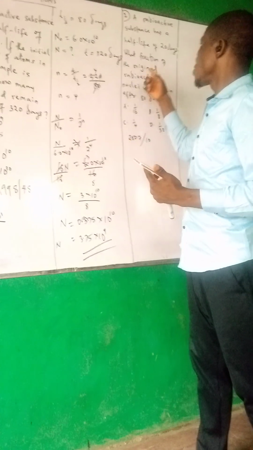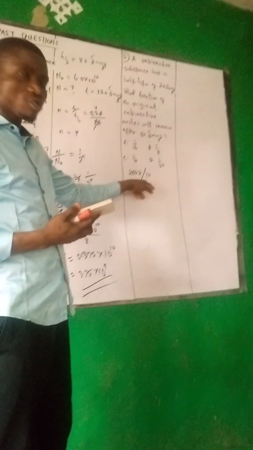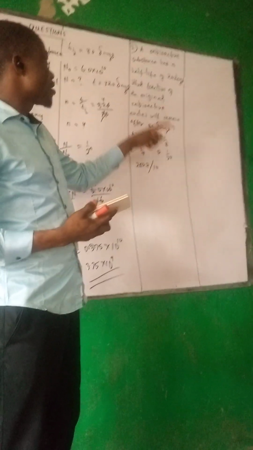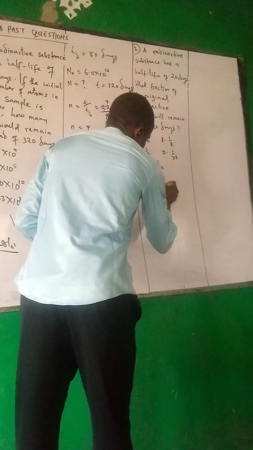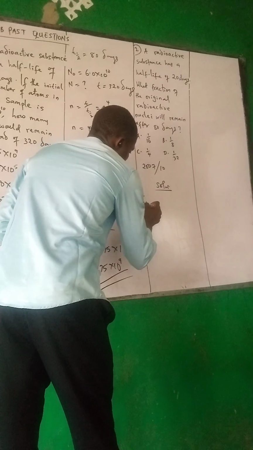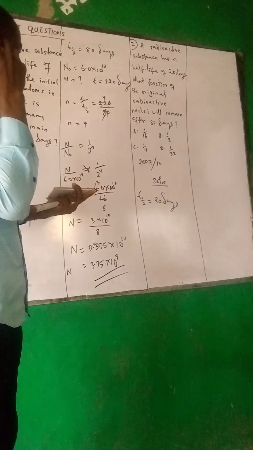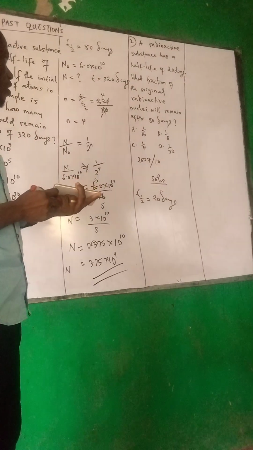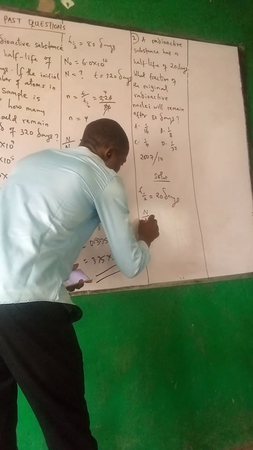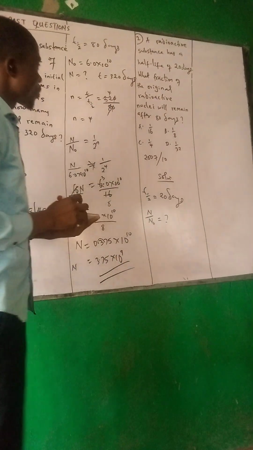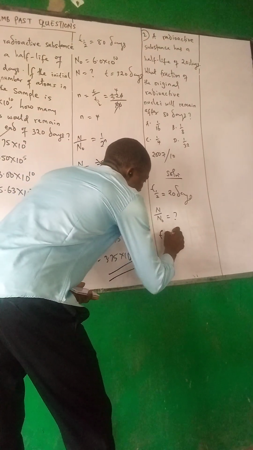Okay, this is the second question for us here, taken from the year 2007, question number 10. It says the radioactive substance has a half-life of 20 days. So, solution. Half-life is 20 days. What fraction of the original radioactive nuclei will remain? So you're asked to find the fraction that will remain after 8 days. So total time is given. Total time is 8